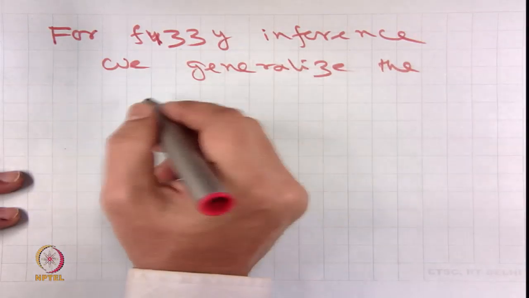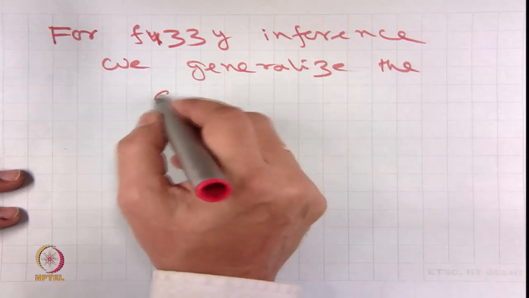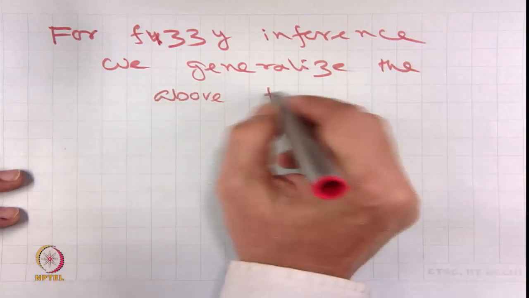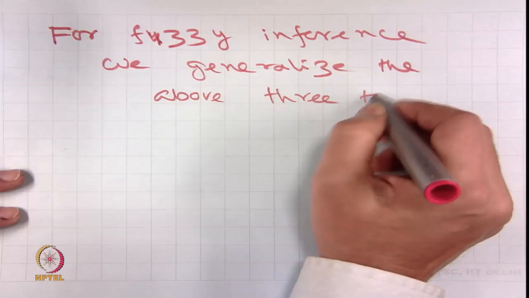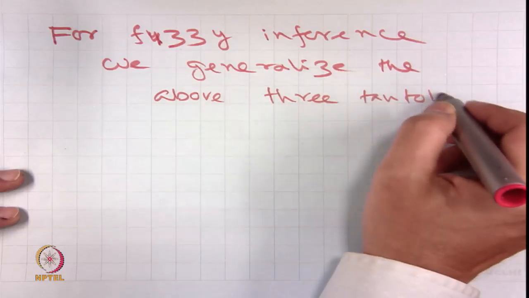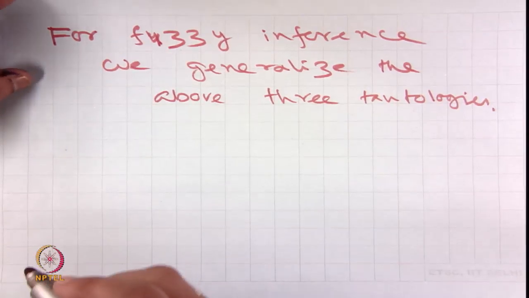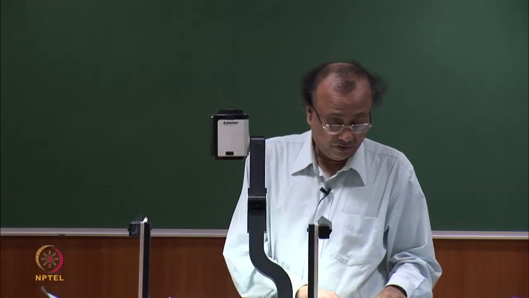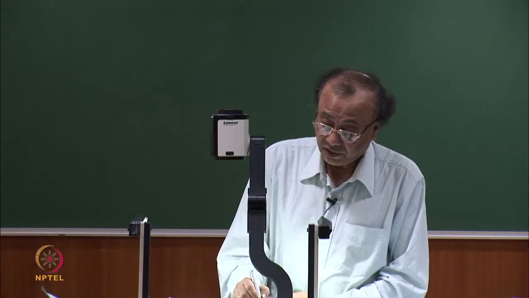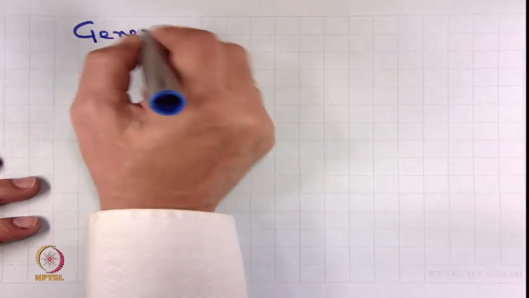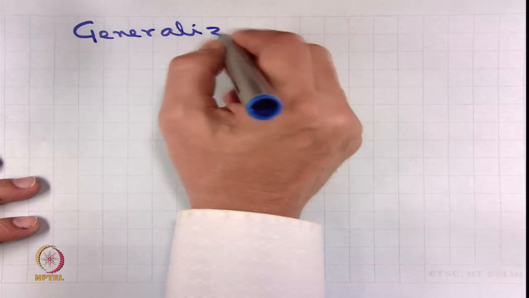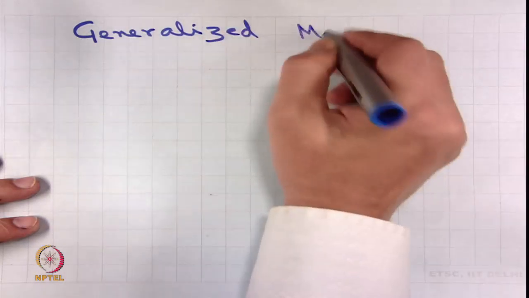So, for fuzzy inference, we generalize the above three tautologies. So, let me explain them. Consider generalized modus ponens,